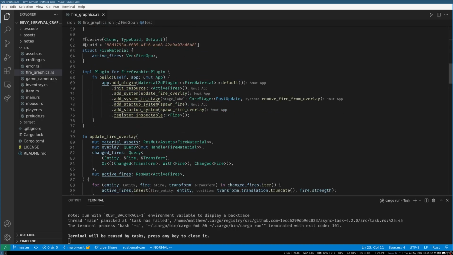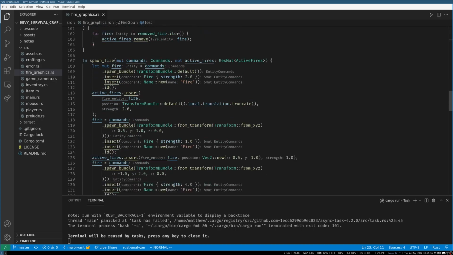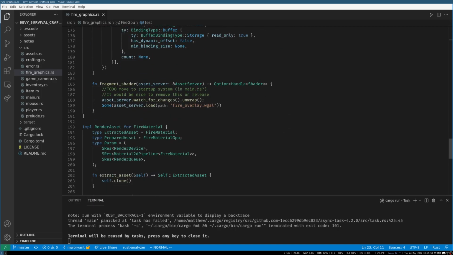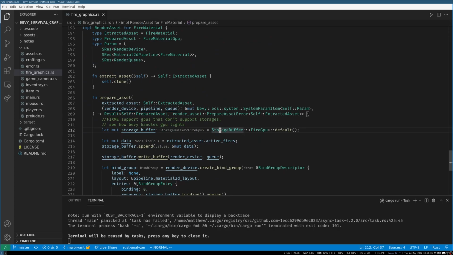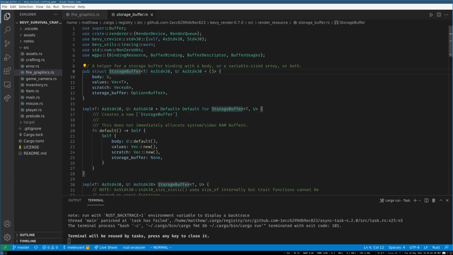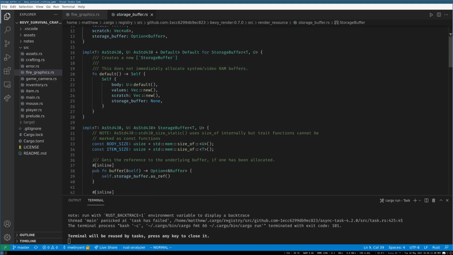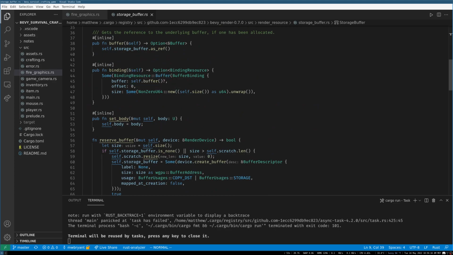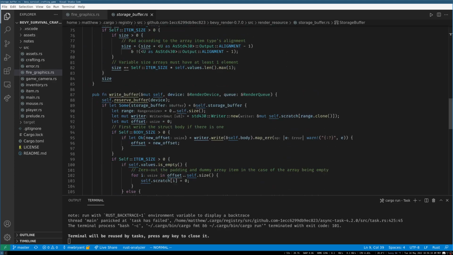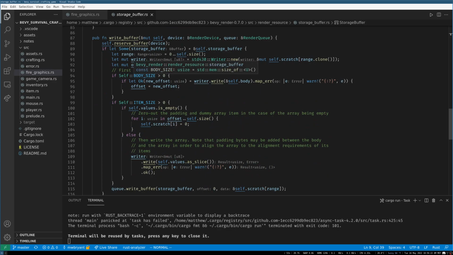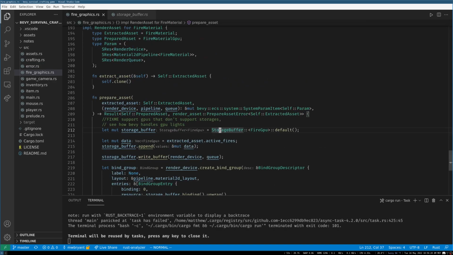One thing that was an error that I need to fix as we start to jump into this is when I was using this StorageBuffer helper thing, I was not understanding that there are two types here. There's a T and a U, which is the values and the body. And if I look, I think when it creates the buffer, first it writes the body, and then it writes all of the items. So when it was confused why I didn't have one of the two types, it's because,